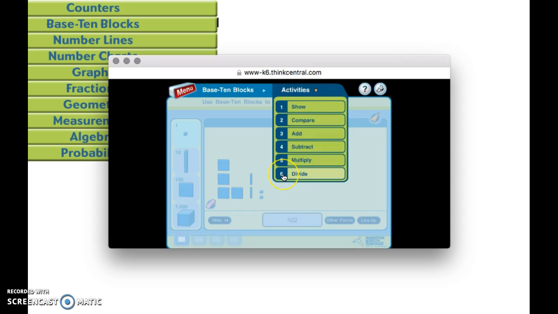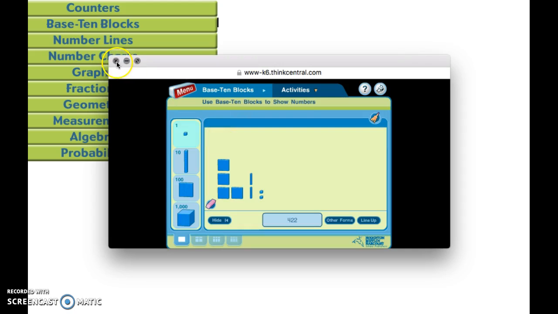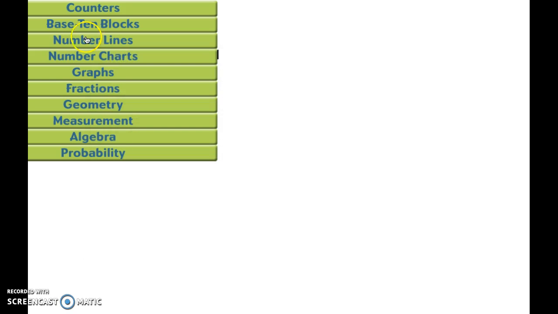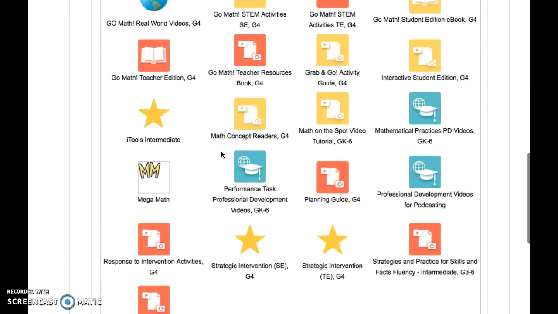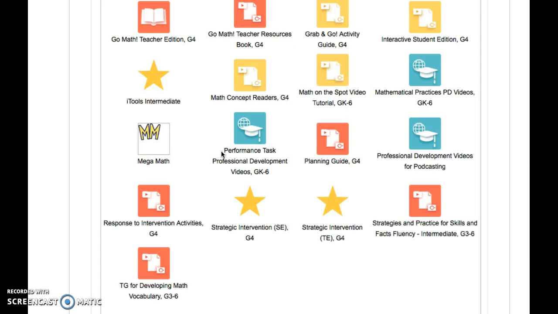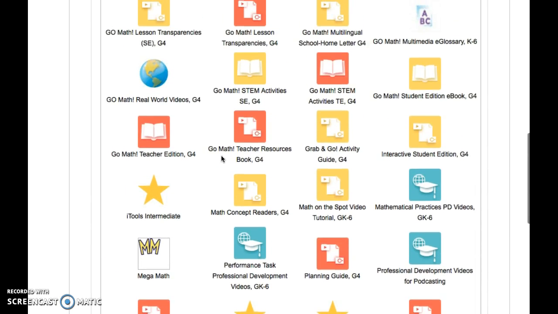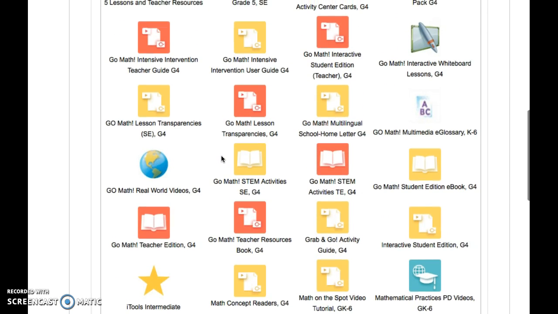Okay. So that is actually one of my favorites, the online manipulatives, because I don't have that many actual manipulatives in my classroom, so I really like that. I hope that this has helped you. Everybody teaches in different ways, so I've showed you some of the activities that I've enjoyed using, but can I just show you one more, the transparencies. So we can use the transparencies, Teacher Edition,